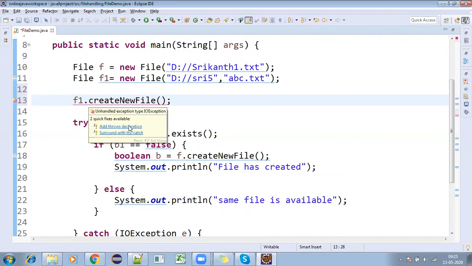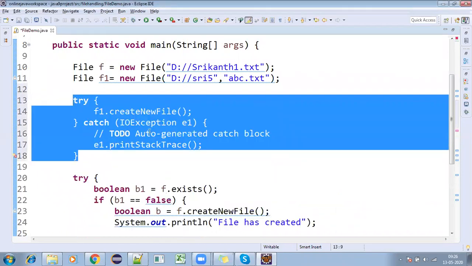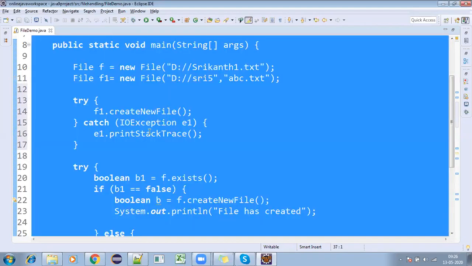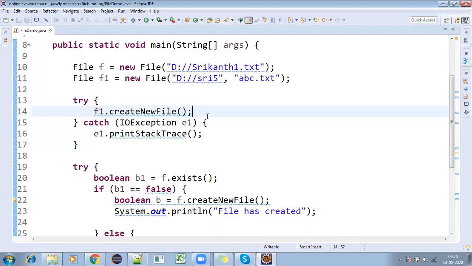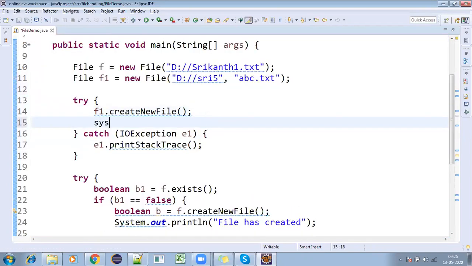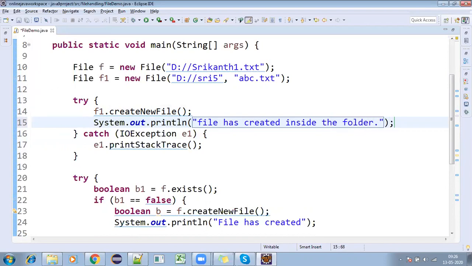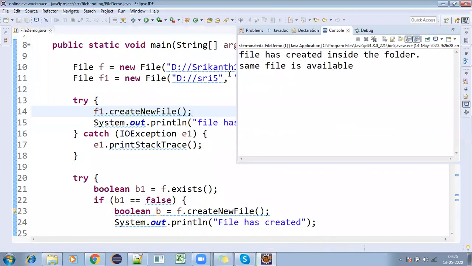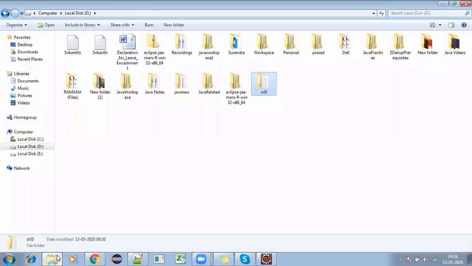Again I will surround it with a try catch block and simply create that. Whatever you want to create, System.out.println of "file has created inside the folder." Then it will create the file inside the folder, and the same file is available for f1.